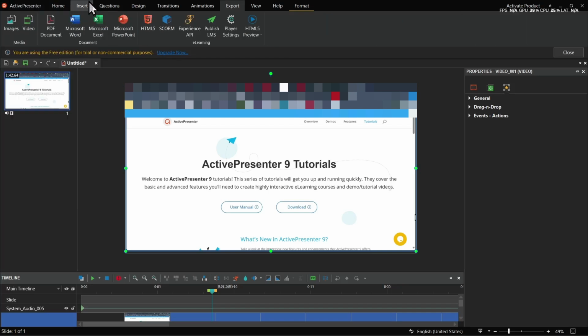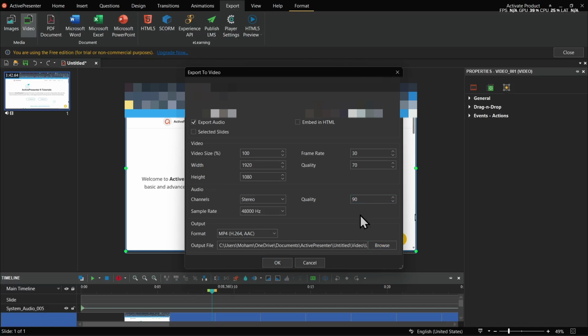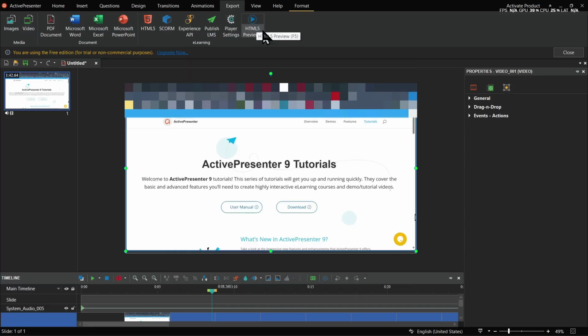After you finish your video, you can go to export and then click on video, and here you can put your custom settings and quality and then browse the file location and click OK to export your video. Also you can export it to a lot of other formats like PowerPoint presentation or Excel file or Word file